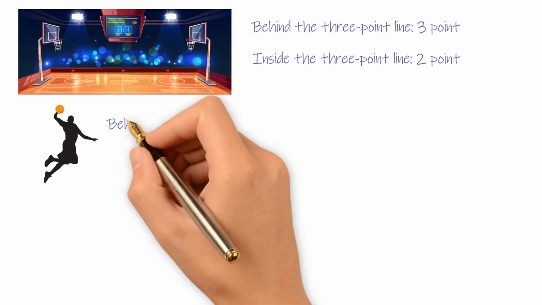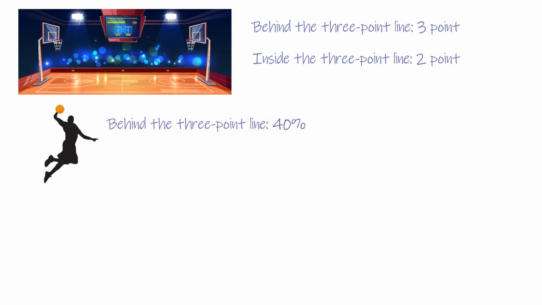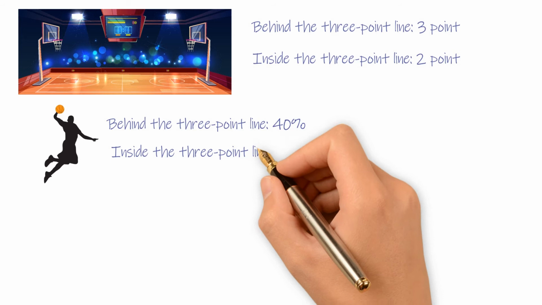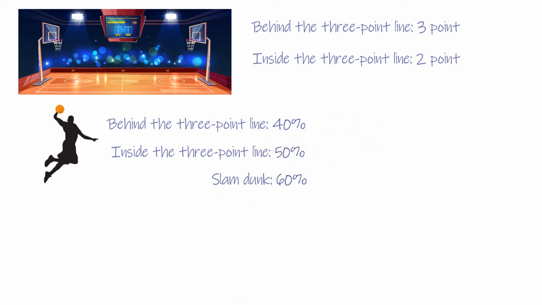Say one player's chance of scoring behind the 3-point line is 40%. Inside the 3-point line is 50%. And a slam dunk is 60%. Then the expected value of each score type is